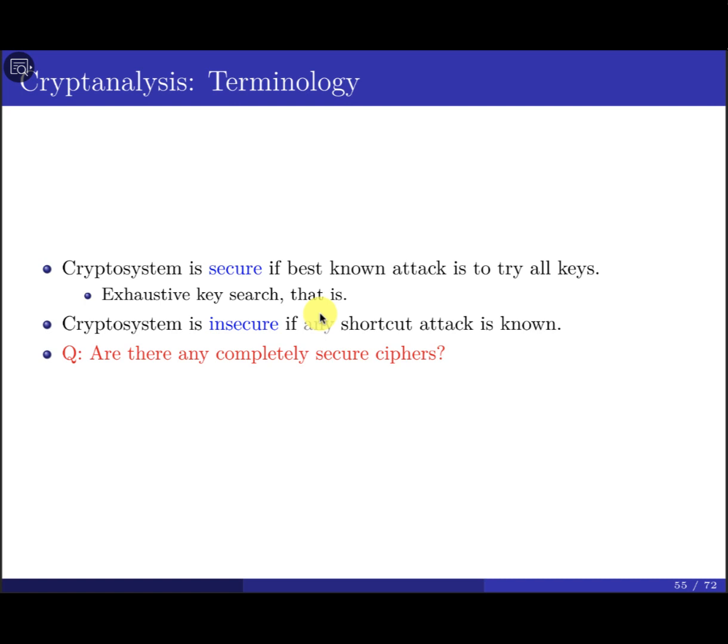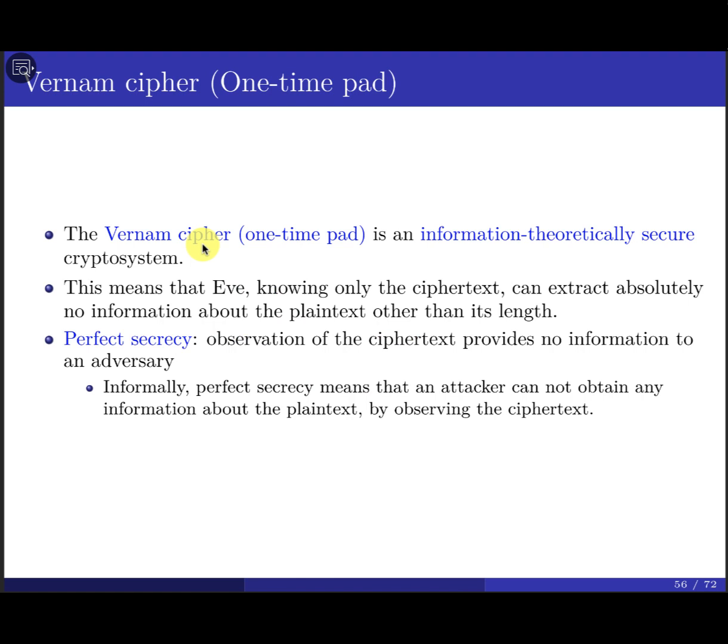What does one-time pad mean? It means you're going to use the key only once. For every single encryption, you use this key to encrypt the message. If you try to encrypt another message, you have to use a different key. And the problem here is that the size of the key must equal the size of the message. So if you try to encrypt a 1 gigabyte file, you have to come up with 1 gigabyte, let's say 1 gigabyte multiplied by 8 bits, and this is the size of the key that you're going to use.